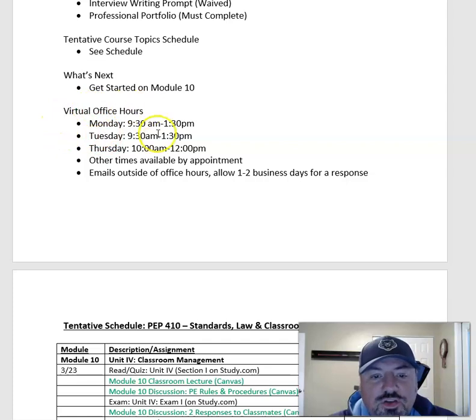So here are my virtual office hours. These are times that I'm going to be sitting in my home office in front of my computer, grading assignments, responding to informational email queries, as well as working ahead on your assignment information. So if you email me any questions during these office hours, I should be able to get back to you pretty quickly, depending on what I have on my plate. So if you read the assignments during Monday and you have any questions, try to ask between 9:30 and 1:30 on Monday or Tuesday, and you should get a very quick response.